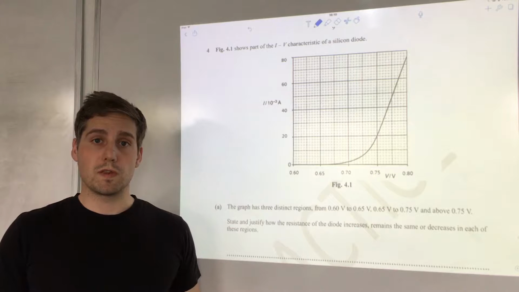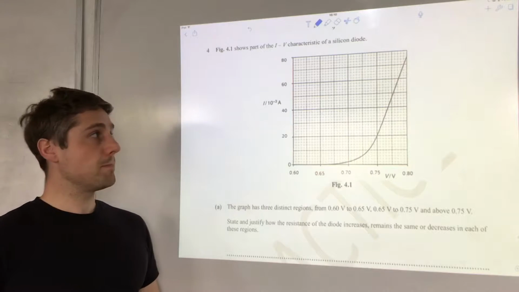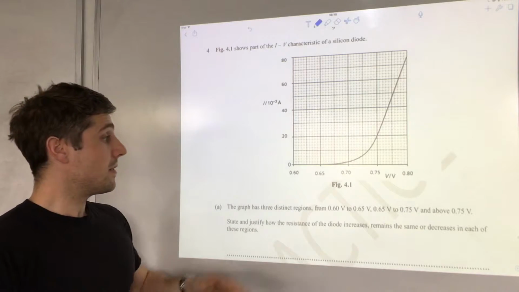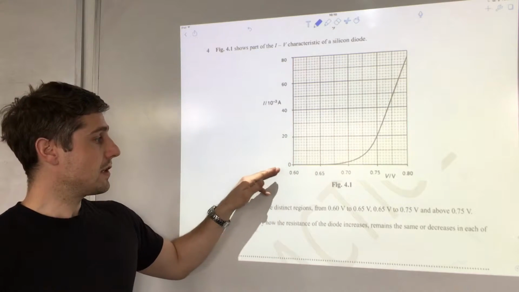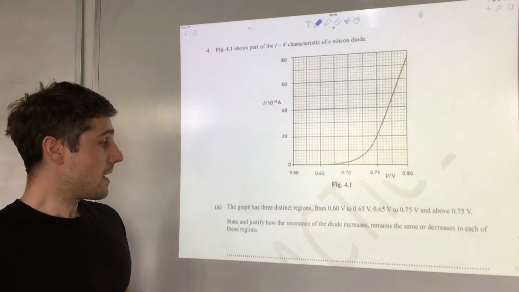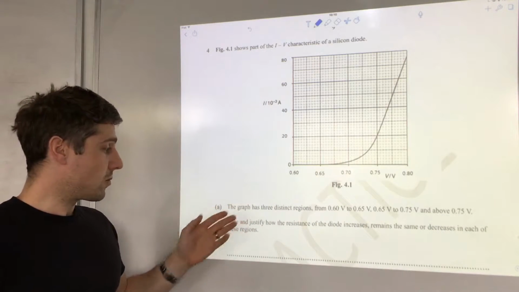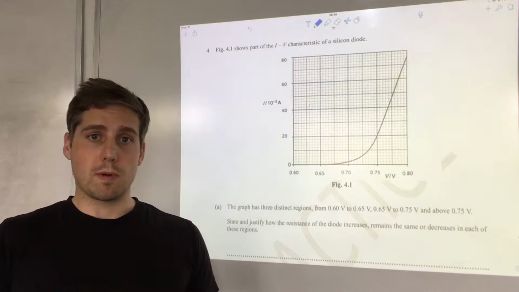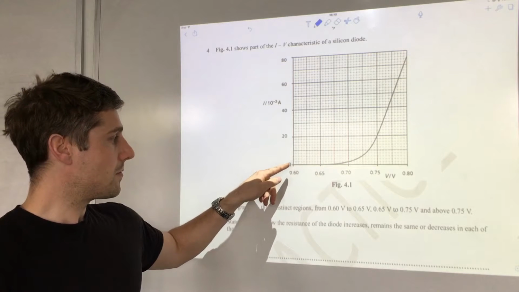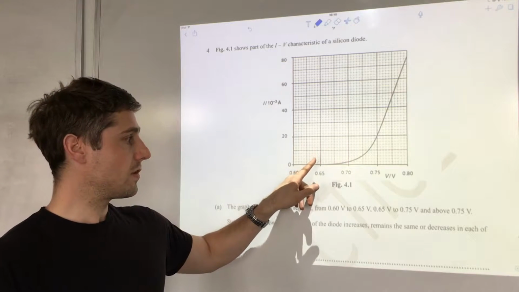This is question 4 for the OCR Depth in Physics paper. We're looking at the IV characteristic for a silicon diode. This is the graph that's been given to us with voltage along the x-axis and current along the y. The first question asks us to comment on the resistance at 3 distinct intervals from 0.6 to 0.65 volts, from